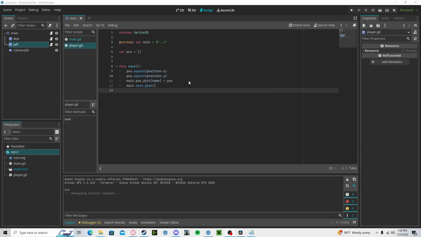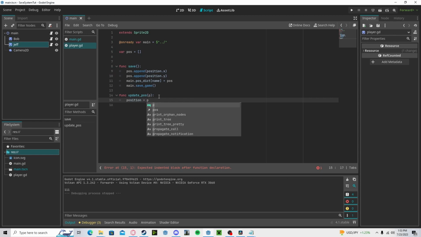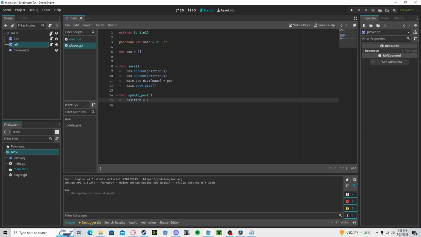Now heading back over to our player scripts, we will create a new function, update_position. I will pass in a pos as a, actually I should do something different since we have this up here. So I'll just call it p. Position will be p. And that's it. If we go over to our main,